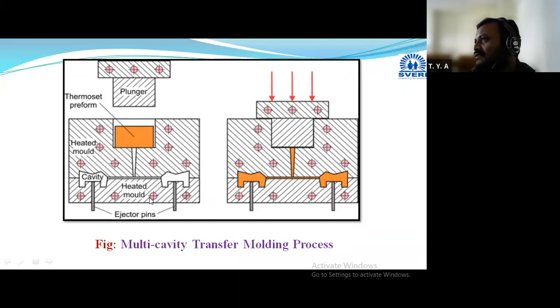Okay, and here also in disadvantages, you can say that whichever scrap is there, that will be produced again, because some screw and runner arrangement we are using here, and as we are using this process for thermosetting material, we cannot do the recycling. Recycling of material is not possible. Okay,